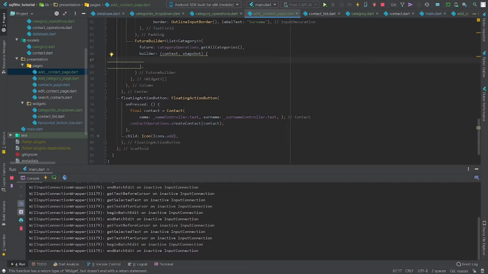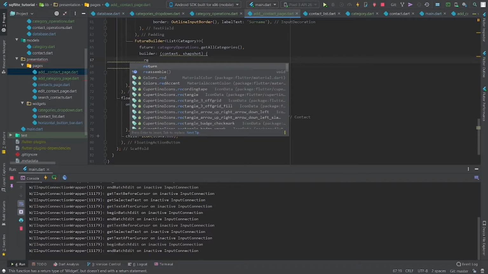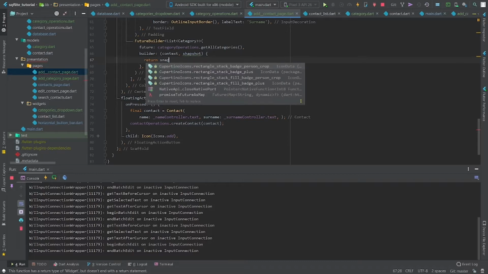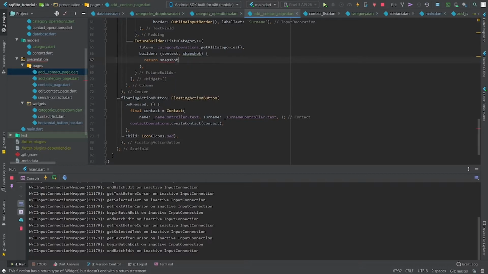So let's have this variable data and call it snapshot.data. Actually, just skip this step and pass in directly. So return if snapshot has data,